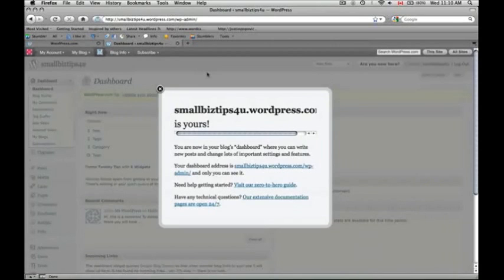Now this is the first time I'm visiting the dashboard, so it will give me this little pop-up here saying you're now at your blog's dashboard. And it's just giving you some tips on remembering how to get back here. So if you're ever in doubt, this is the key message right here, that your dashboard address is always the name of your blog. So in my case,